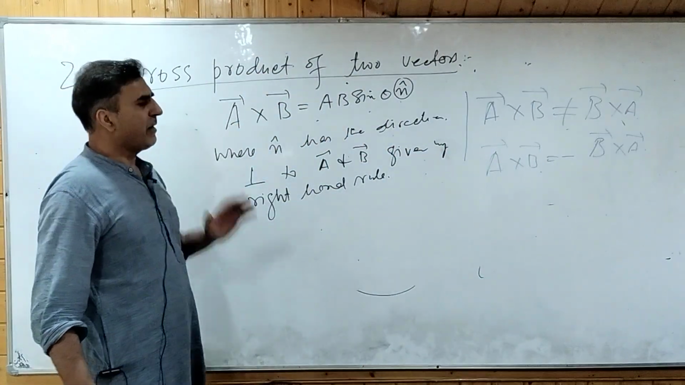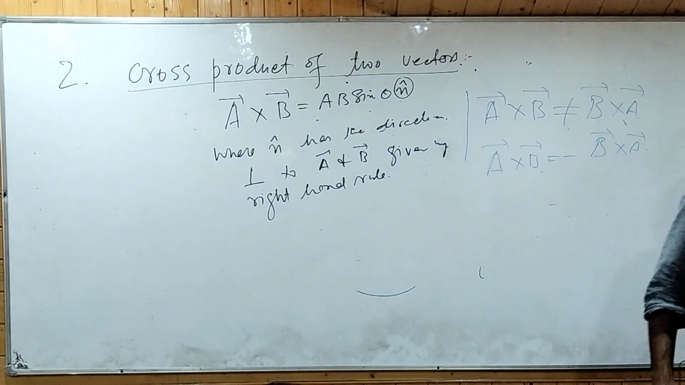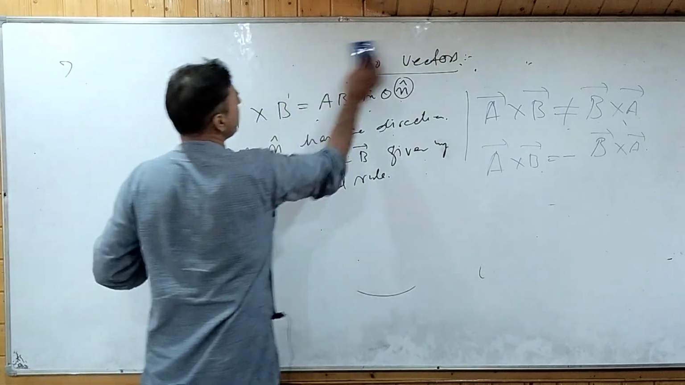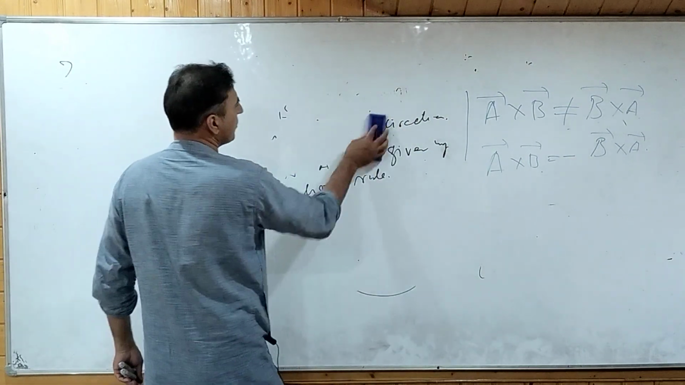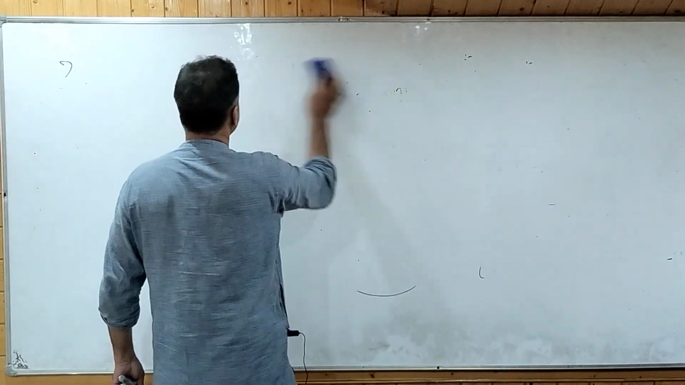Now by this definition of A cross B, I want to know what is I cross I, what is J cross J, and what is K cross K. Those are the things I want to find and see for myself, क्या उसका वैल्यू आ जाता है।